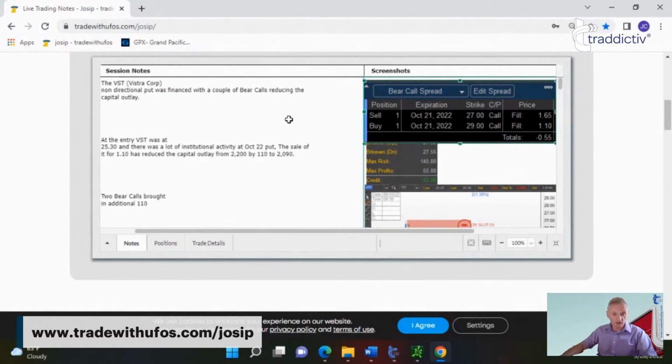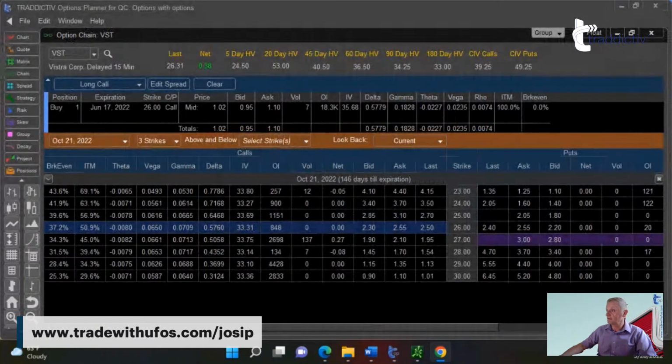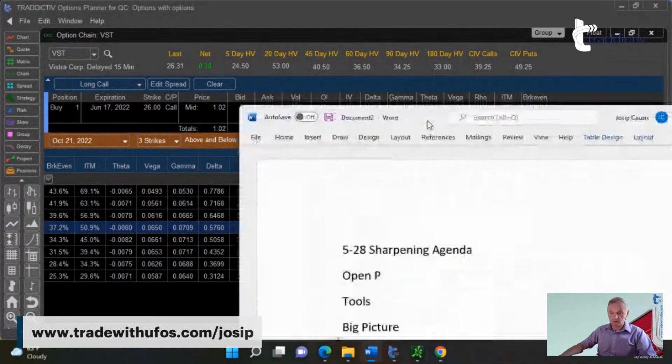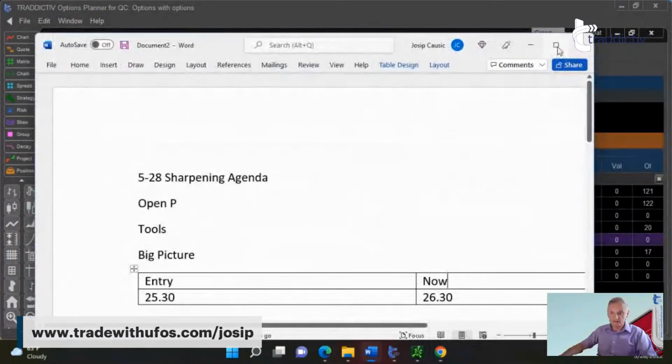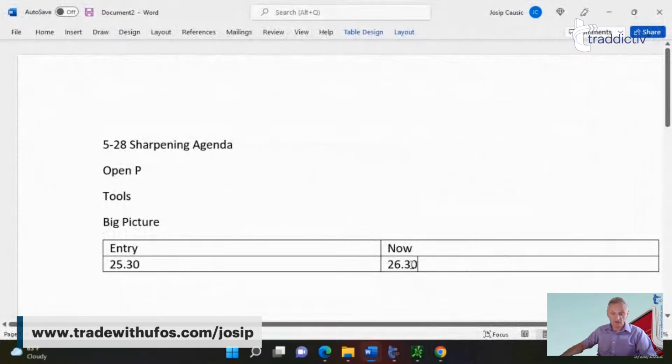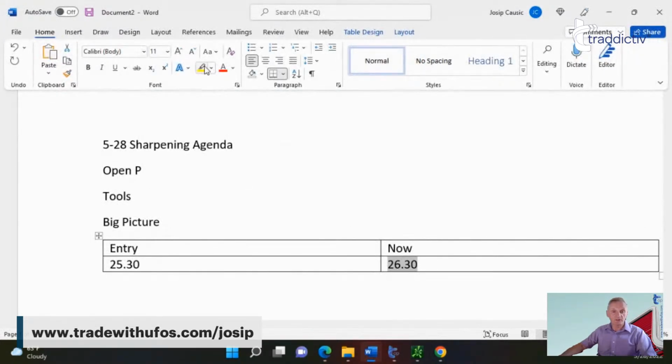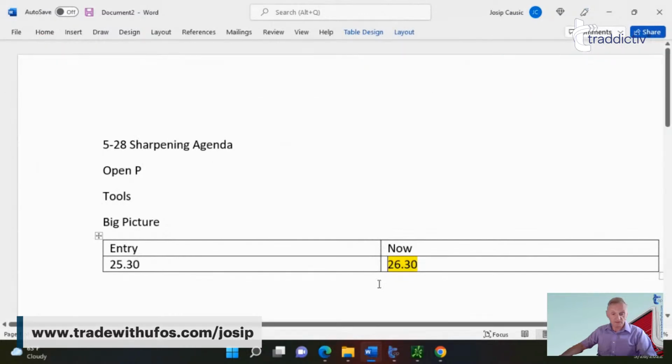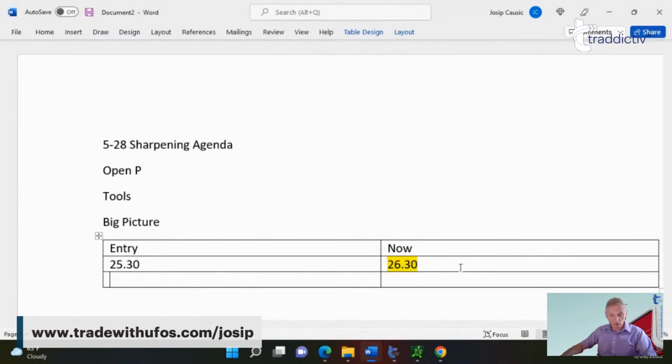So now that we have evaluated that our bear call spread is still not being threatened, because the price is still below the $27, because that's exactly what we did. Our bear call spread was at 27 dollars, and we are currently at 26.30. So our bear call spread is fine. So be aware of it, that we have on a VST the sold put at